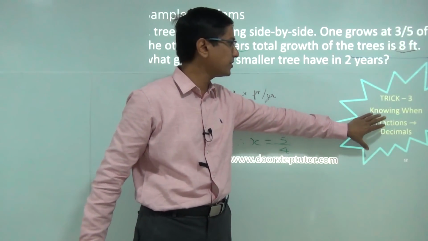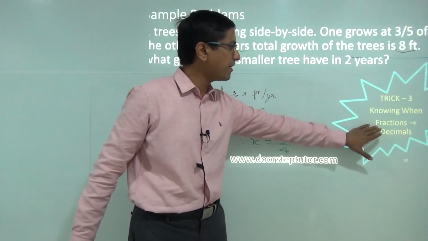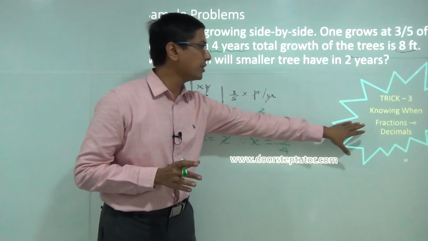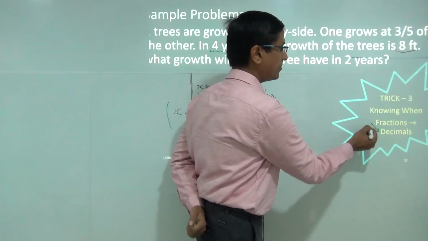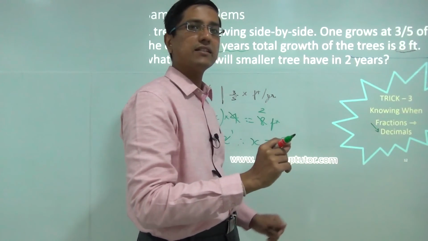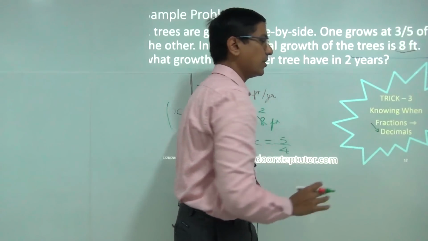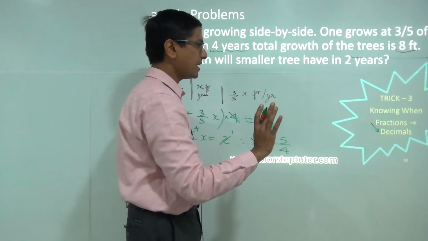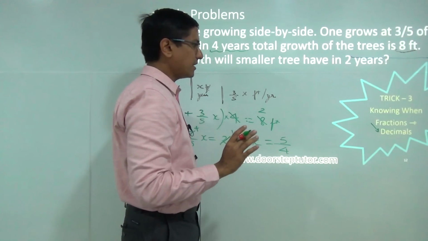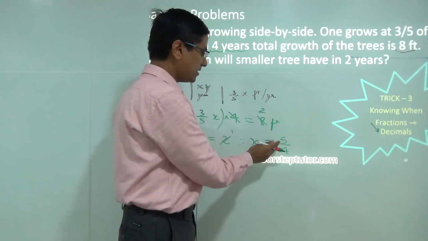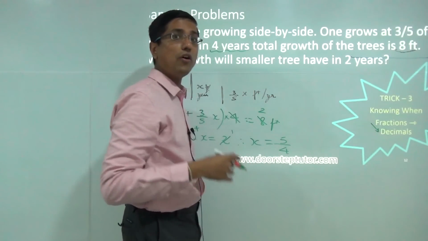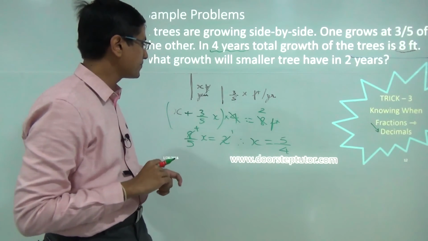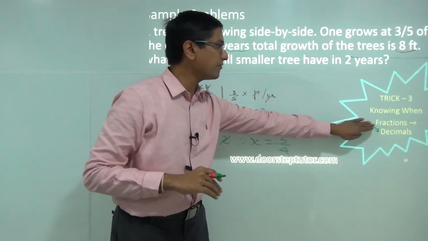This is where we come to our third trick, knowing when to convert fractions to decimals. I'll say this much, that you should typically not convert fractions to decimals unless you are arriving at the final answer and your choices are given in decimals. So take your fractions as long as you can. Take fractions with you. Okay? Don't convert to decimals. Right? If your final answer is in decimal, finally convert your fraction to decimal, or if you're allowed to use calculators, then by all means do whatever you want. You can convert to decimals right away. But typically we should never convert fractions to decimals.